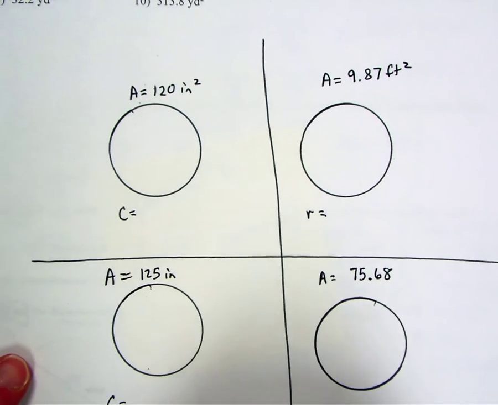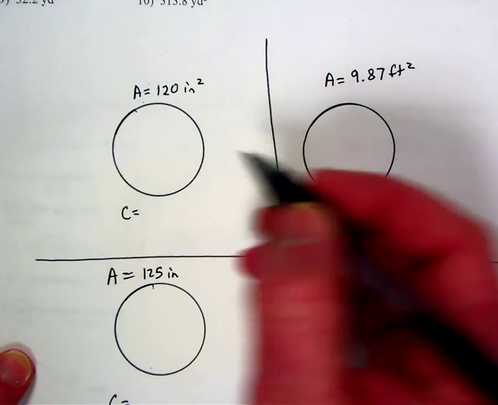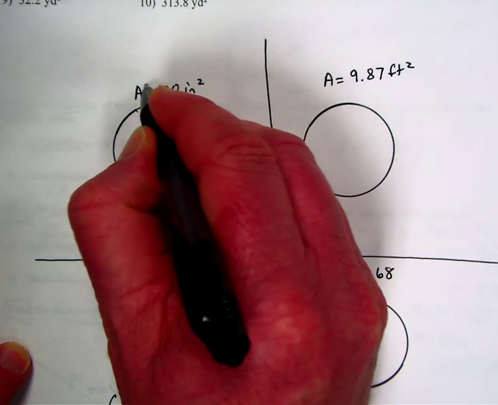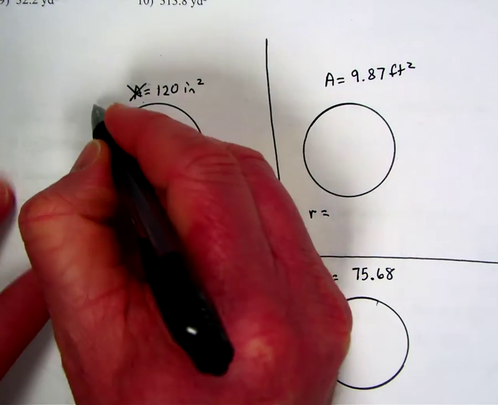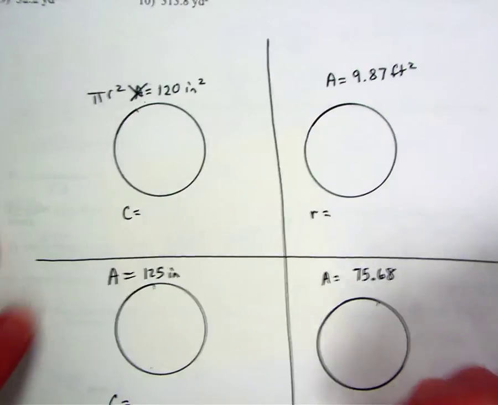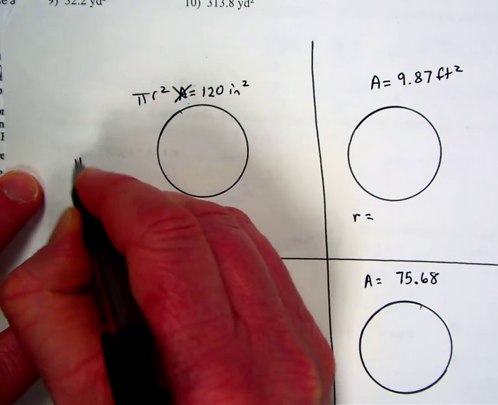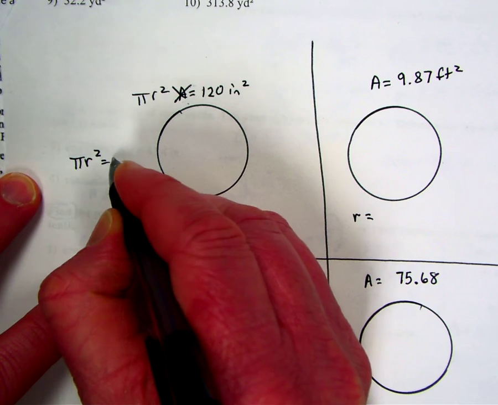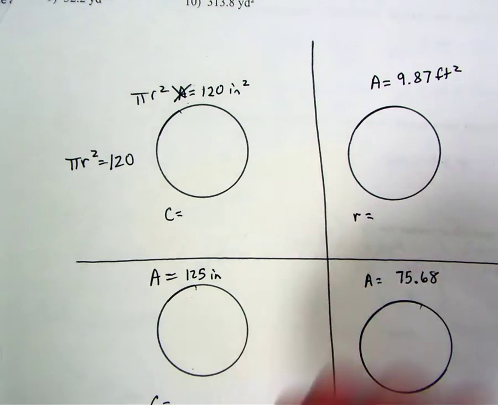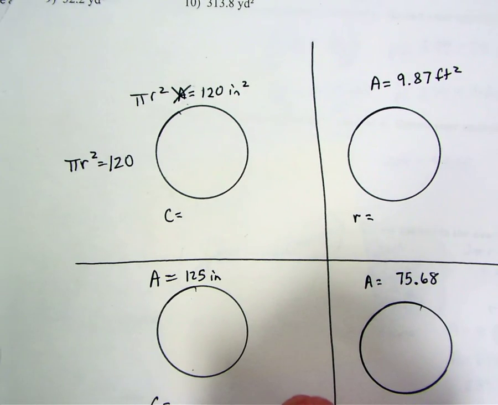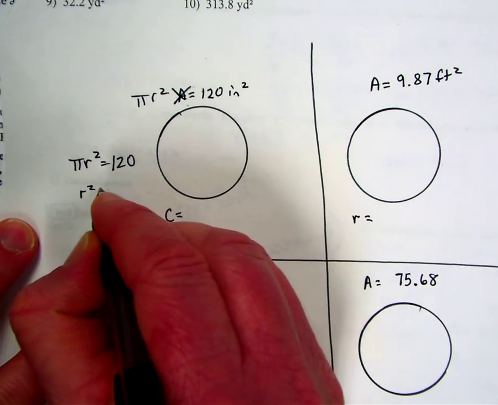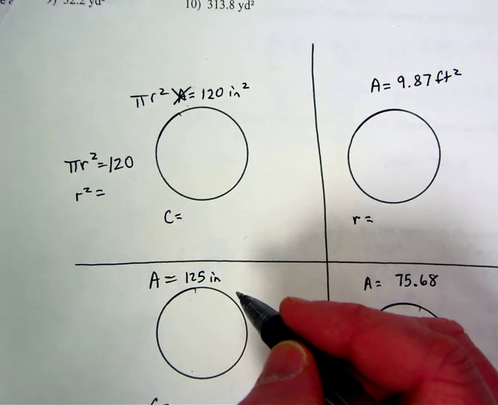So I'm going to go to this problem and say, okay, I have the area. I need to get the radius. The way I do that is I take out area and I put in the formula that's equal to area. So I end up getting pi r squared equals 120. Okay, now I need to solve this for r just like we did before. We want to find r. So I'm going to divide by pi. 120 divided by pi